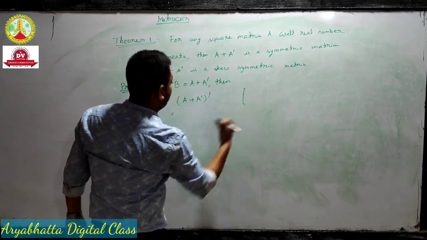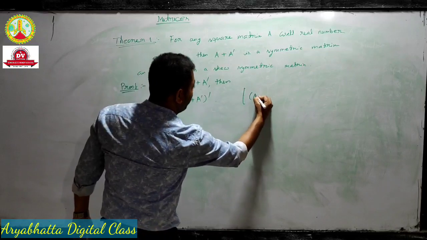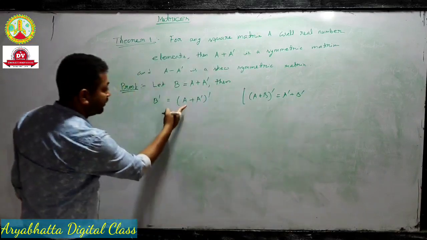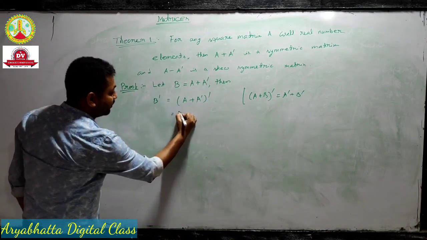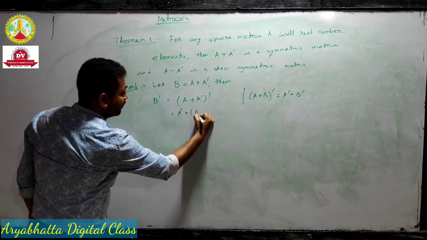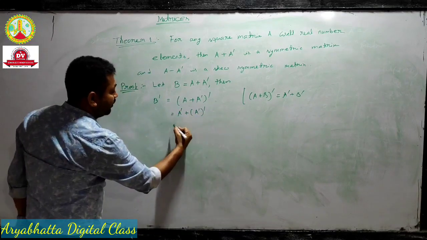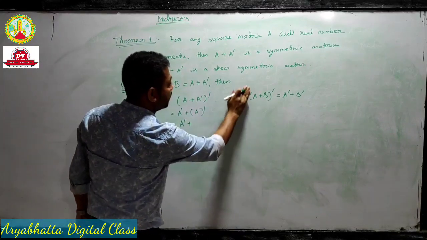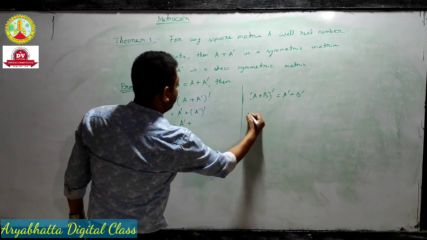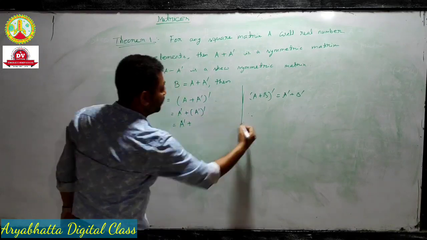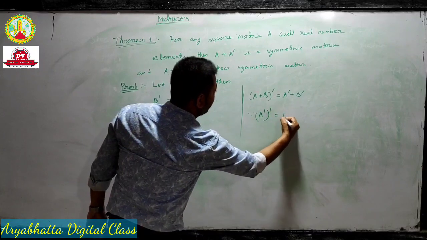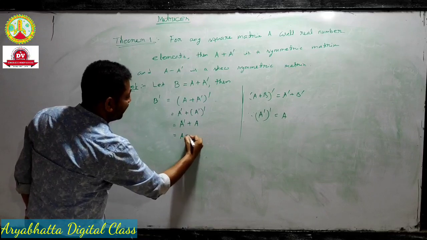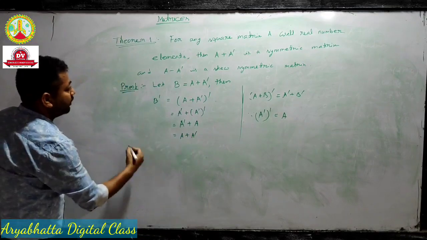From the properties, A plus B whole dash equals A dash plus B dash. Then this can be written as A dash plus A dash whole dash. We know that A dash whole dash equals A. Therefore,